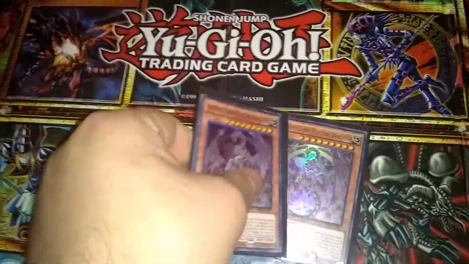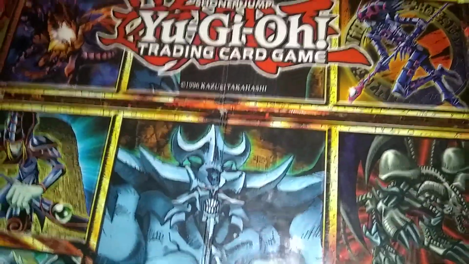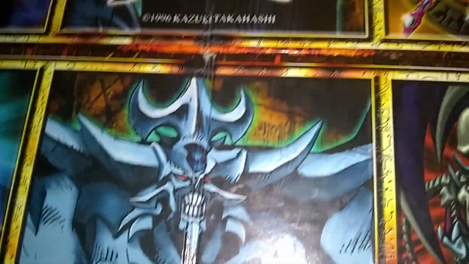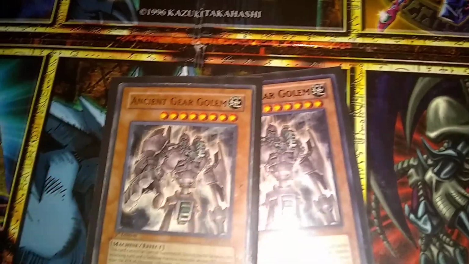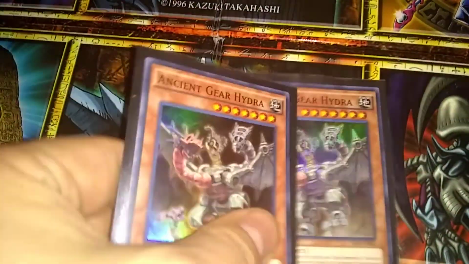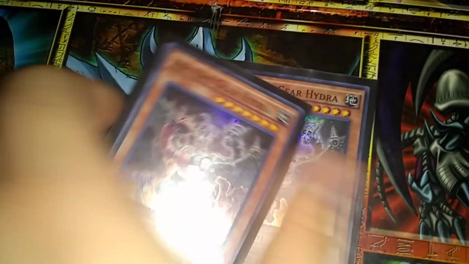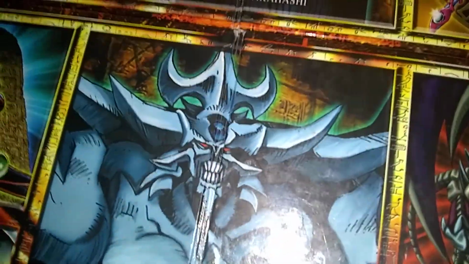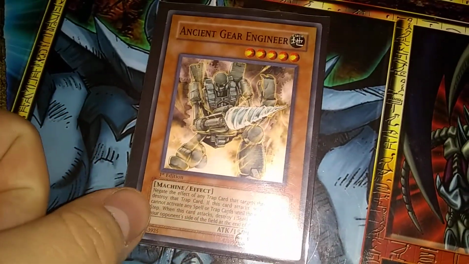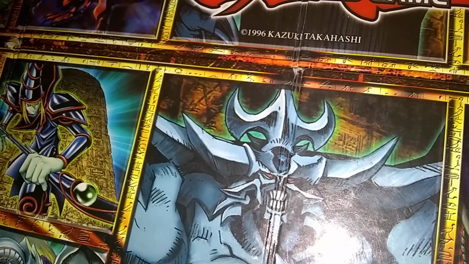Right now, so far, I run 2 Ancient Gear Reactor Dragons, 2 Ancient Gear Gajiltron Dragons, then I run 2 Ancient Gear Golem, I run 2 Ancient Gear Hydra. I might end up removing one of them. Then I run just 1 Ancient Gear Beast, 1 Ancient Gear Engineer, and then one of the ones I got an extra of finally, the most useful monster in this deck,